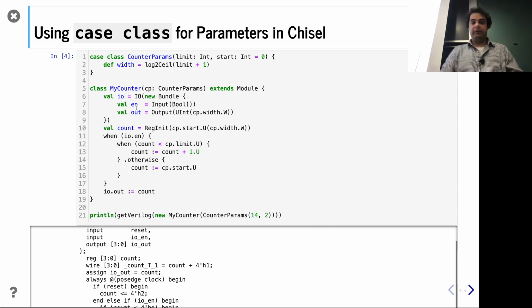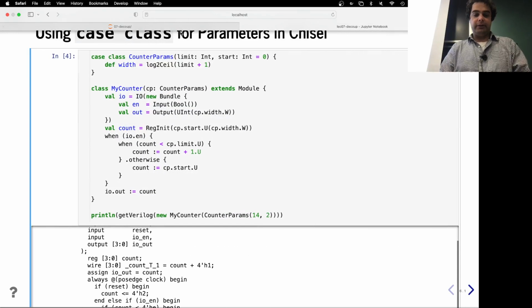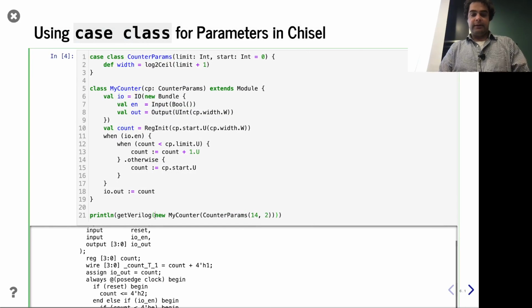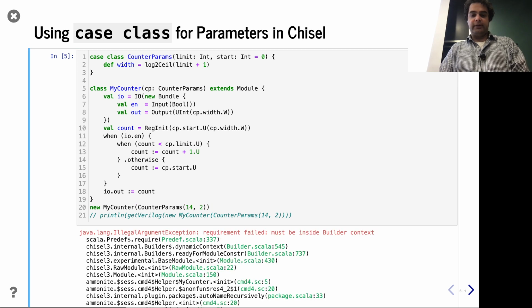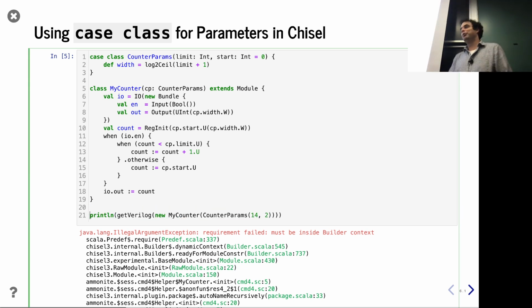Otherwise, actually, it's a great point. So if I go back a slide, or actually even here, what if I say, will it let me do this? It might not. We'll see. If I just try to instantiate this, oops, number of parentheses is not right. It's not a builder context. Okay, shucks. But if I had a class that didn't require Chisel, when you try to print it, you're just